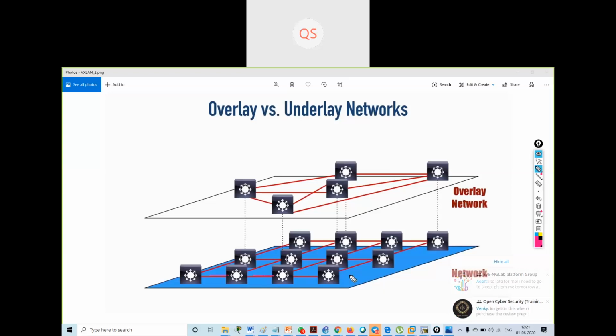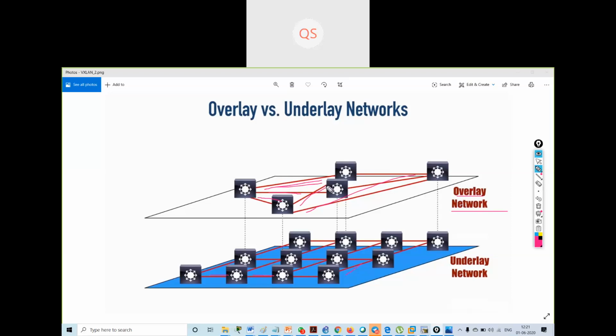Now here I'm using an underlay network, but we are logically creating a tunnel. So what I've done is I've taken some switches over here and created logical tunnels. You can see these are the logical tunnels between these switches. We can create logical tunnels between select switches to create a totally different topology, and that is known as my overlay network, where I'm using my tunnels.